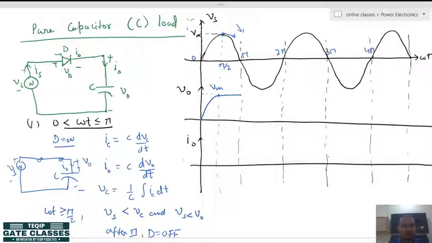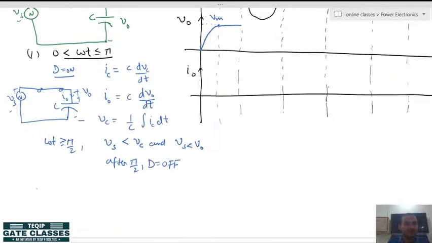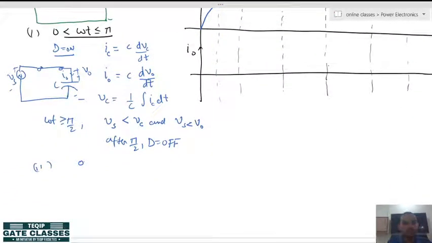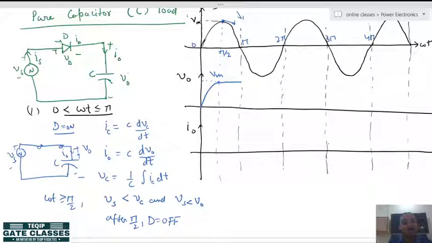Okay. So, now coming to the next instant, that is from pi to 2 pi. Here we can observe that from pi to 2 pi the supply is reverse biased and the diode is reverse biased due to the supply as well as due to the capacitor, because the capacitor has already charged with these polarities. So, again the circuit will be an open circuit like this. When the circuit is open circuit, the output will be whatever the capacitor voltage is present there, and that capacitor voltage will continue because the capacitor is not discharging for the whole cycle.